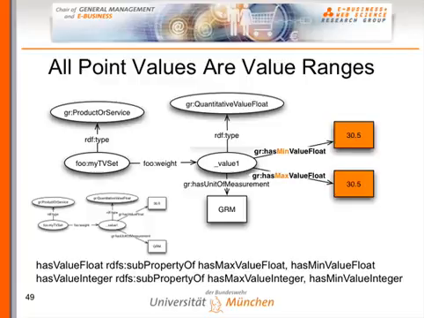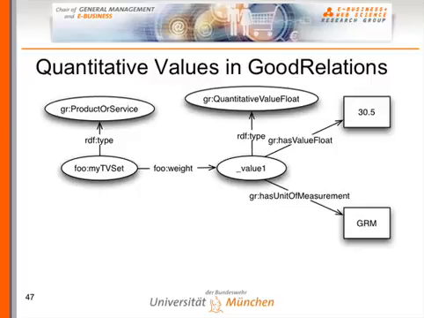Now, of course, in practice, you mostly have point values. So Logitech doesn't say this weighs between 98 and 101 grams. It says it's 100 grams. So there's a shortcut, and this is what I've shown to you, has value float. And the formal semantics is, if you find has value float, it will be expanded to has min value float this value and has max value float this value. So for you as a modeler, you just use has value float as if there was